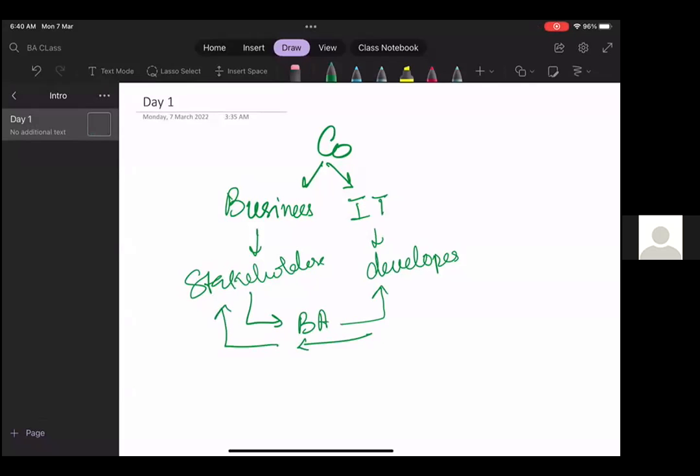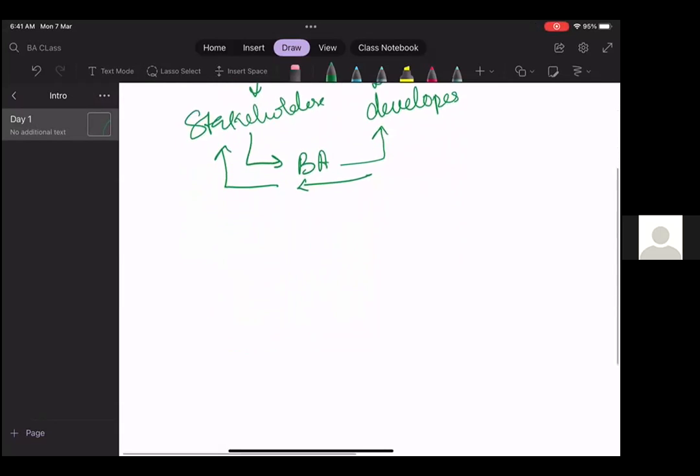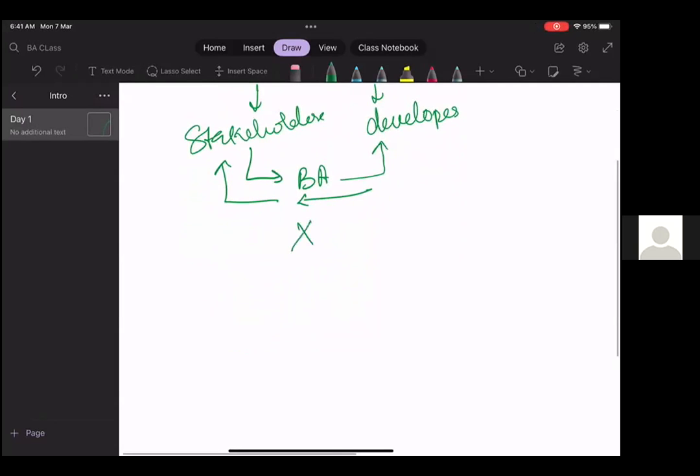The business analyst is the bridge between the two and ensures that whatever the stakeholder wants to communicate to IT is done through the business analyst, because he does it in an effective way and plans a process flow to get the work done. So let us suppose that there is a company X. I'll also give a problem solution to you all so that you can work on it.